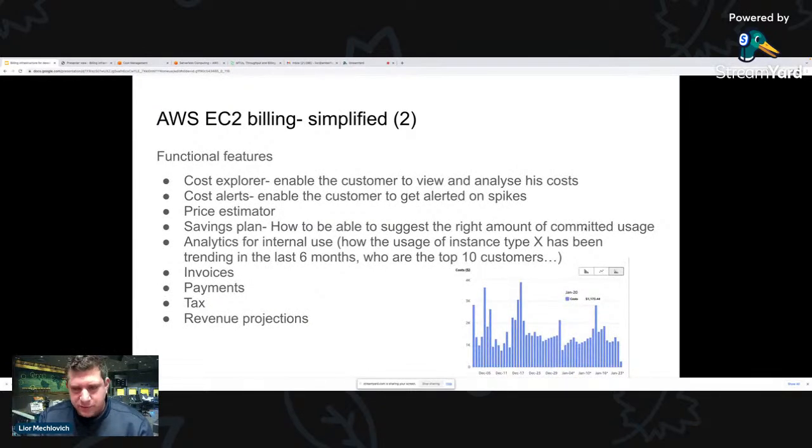Okay, that's nice to view, but I want to get alerted every time something happens. I can set a budget, and this is all AWS billing terms, but everyone has its own implementation of this. How can I set an alert? Send me an email if I'm over 100% day over day. How can I, if I'm over $1,000, right? So you need to have those alerts.